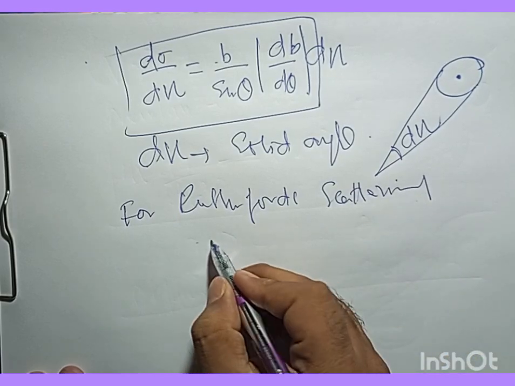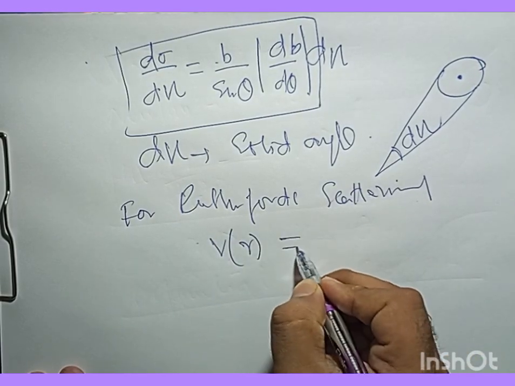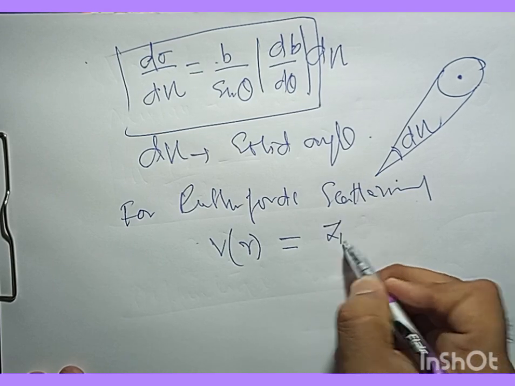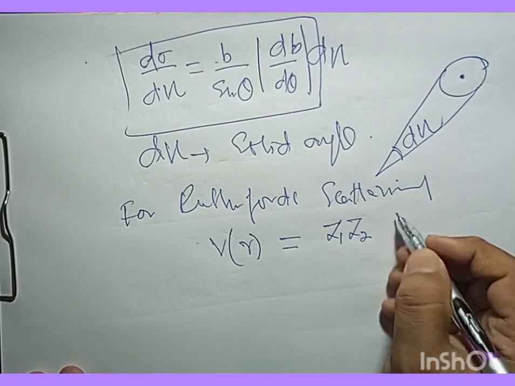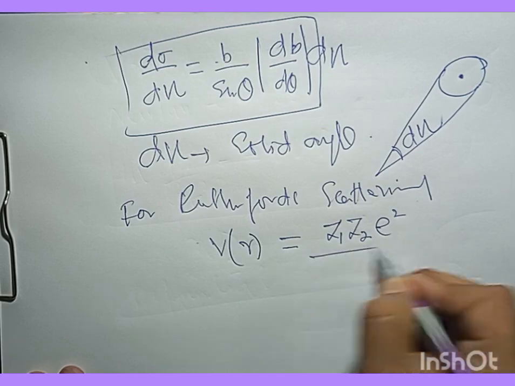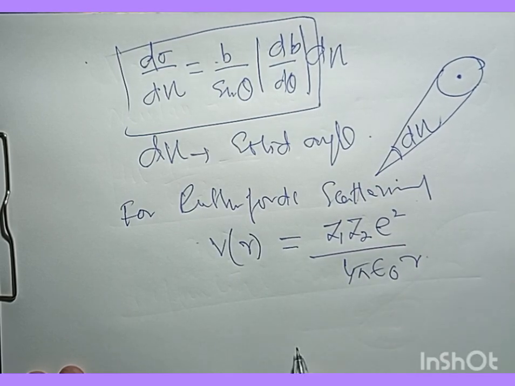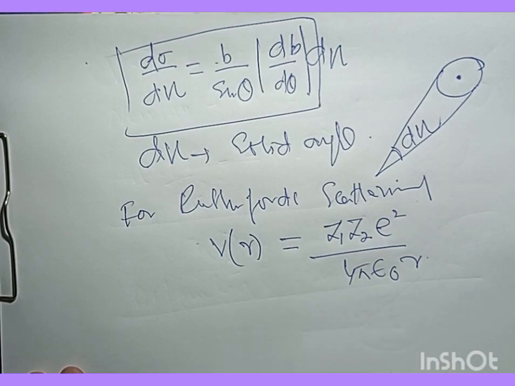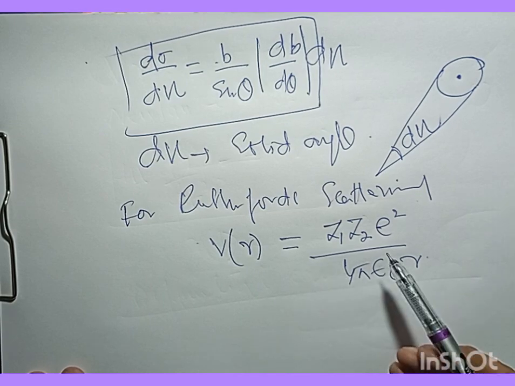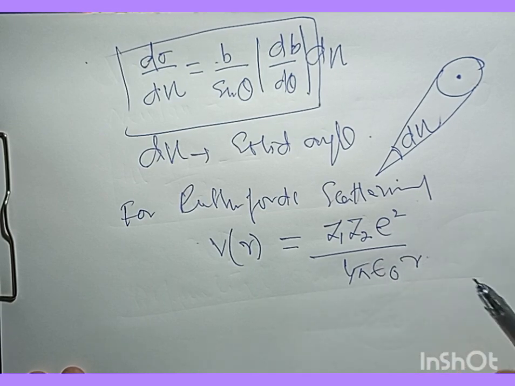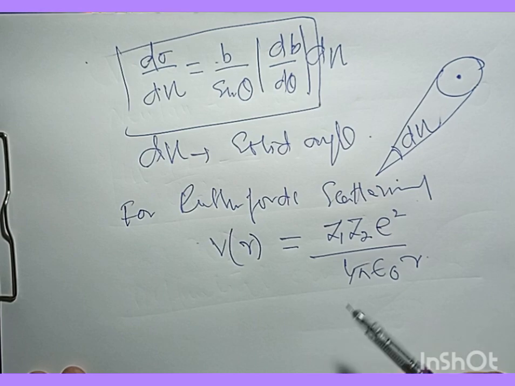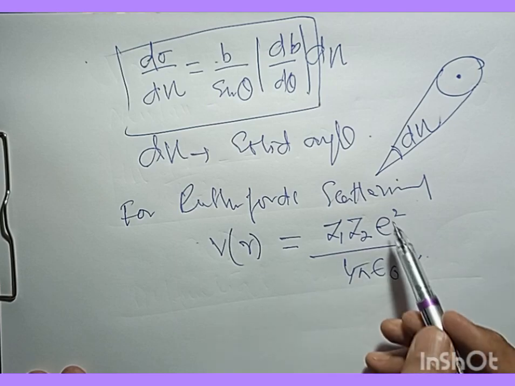for Rutherford's scattering, we have Coulomb potential. V of r is Z1, say Z2, and then e square by 4 pi epsilon naught r. This is our potential energy between the particle that's interacting with the potential of the nucleus, where Z1 and Z2 are the atomic numbers. So classical scattering leads to this famous formula,